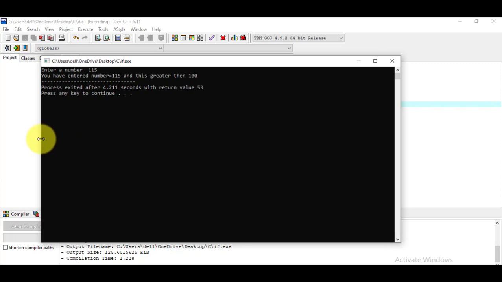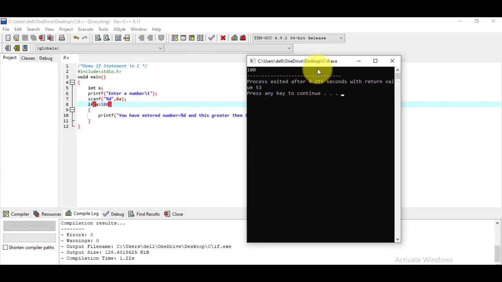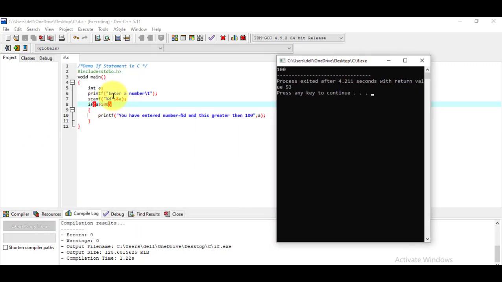Here we have put the condition a greater than 100, so whatever value we enter for the variable a, if it is greater than 100, it will display this message. Now what happens if we enter a value less than 100?